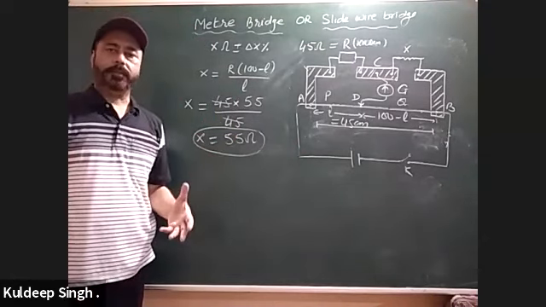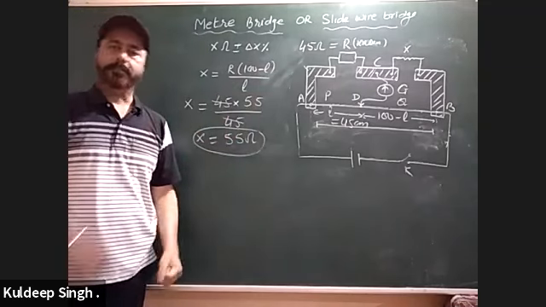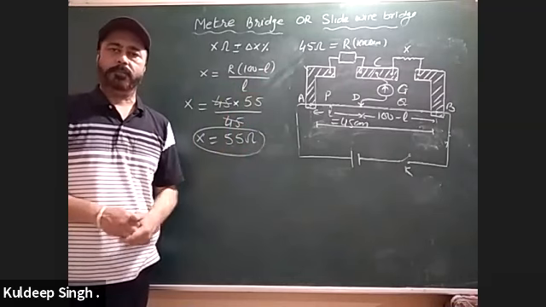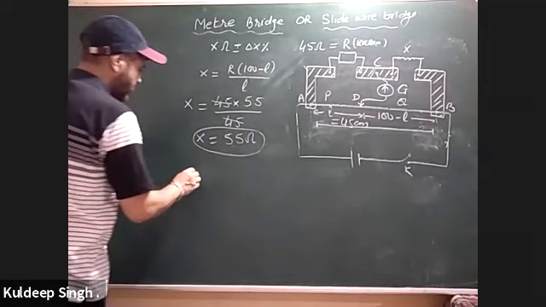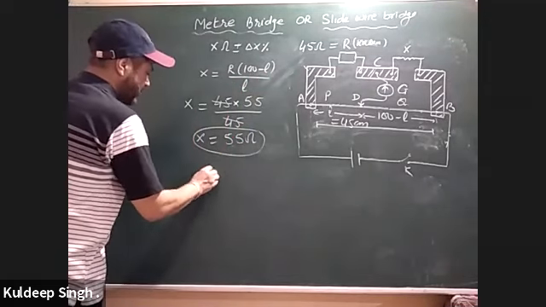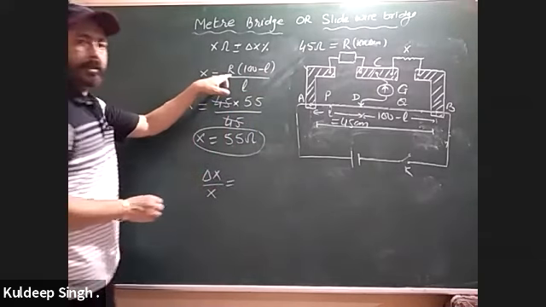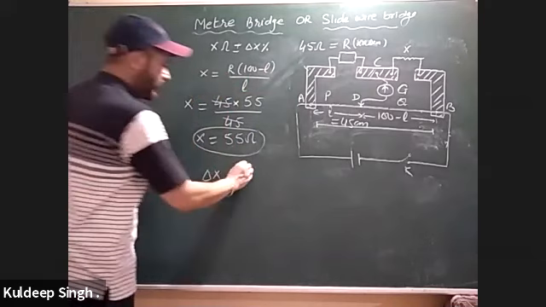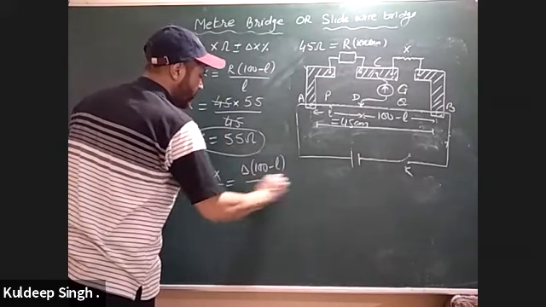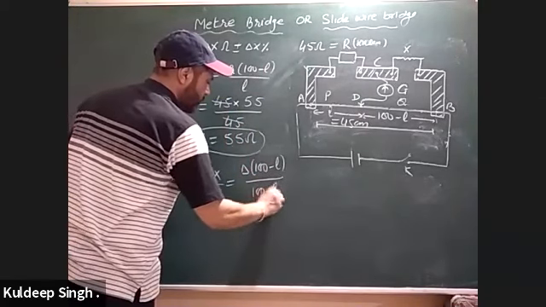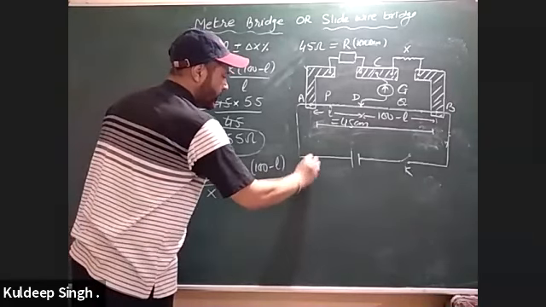Now we are to find out the percentage error in the unknown resistance. परसेंटेज कैसे निकलेगी, अभी अभी मैंने फॉर्मूला बताया. ट्राई करें जल्दी जल्दी, पॉज कर लें वीडियो को. तो आगे जाके I will find out the percentage error delta x by x. There is no error in R because it is a given standard resistance. So delta (100 minus L) by (100 minus L), अपने आप करके लिखिए प्लीज, plus delta L by L.